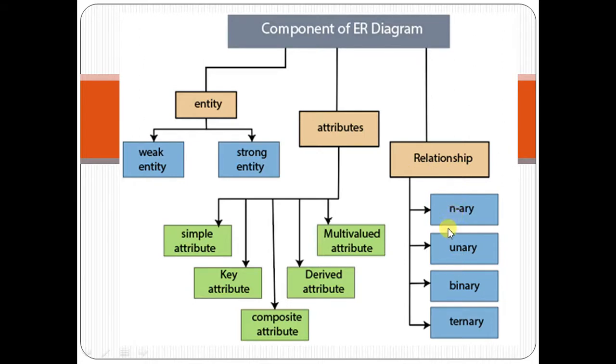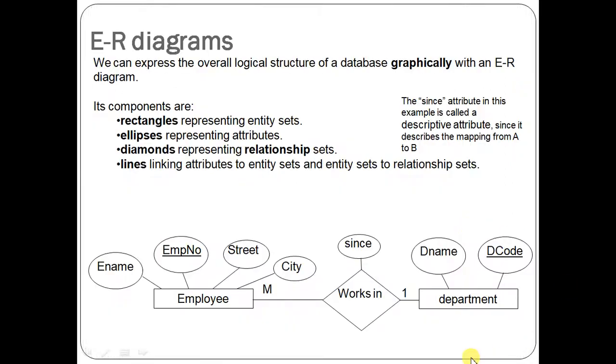As you can see, it is very simple from the ER diagram that if in a company there are many departments, and in a department many employees are working. So this works in is a relationship between employee and department. And here you can see this is cardinality written 1:many. Now what does it mean? 1:many means in a department there can be many employees.